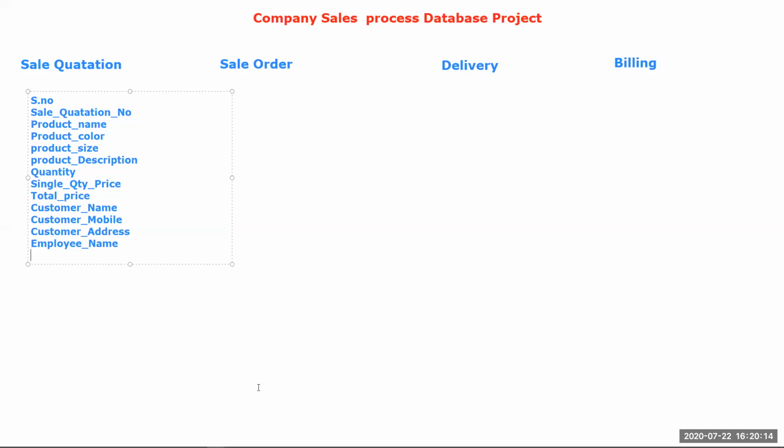Then after that, employee name, then your company name. Okay, because you have to print your company logo and company details in that quotation, right? So you need that field for printing your company details.